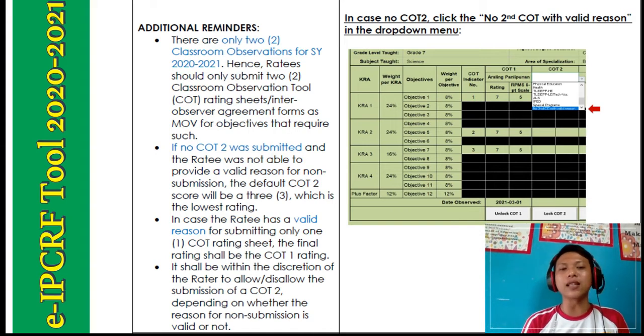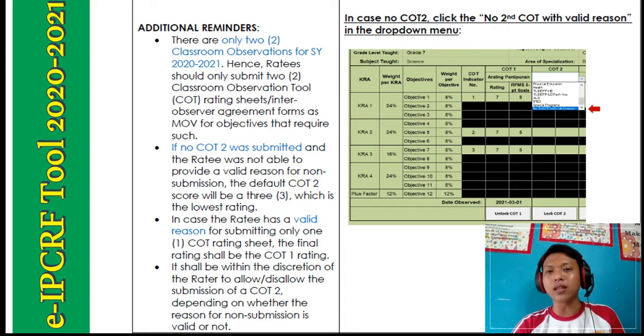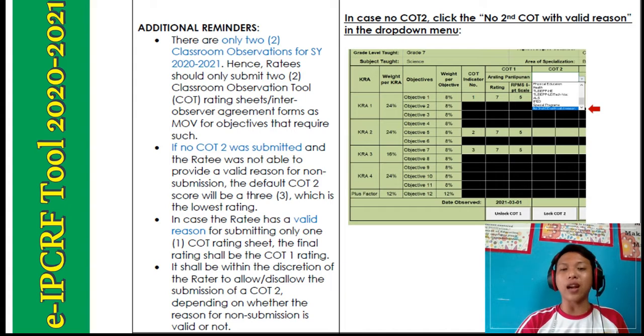In case the ratee has a valid reason for submitting only 1 COT rating sheet, the final rating shall be the COT1 rating. So, kasi meron dyan sa COT2, if you choose the subjects, meron sa huli na no second COT with valid reason. It shall be within the discretion of the rater. Sino yung rater? Yung school head natin or any other persons na